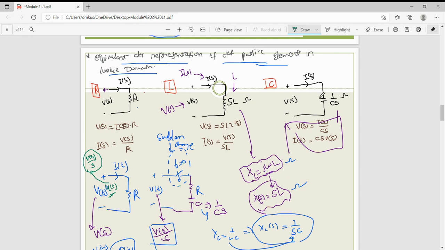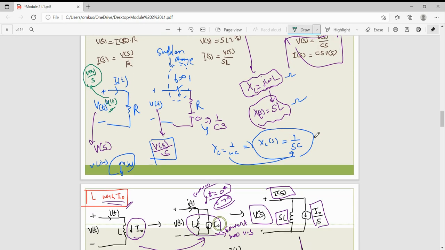Similarly for capacitance, C is represented as 1 upon cs in terms of ohm, and this is plus minus, and I of s, and this v of s is the ratio of I of s by C s, okay? Now